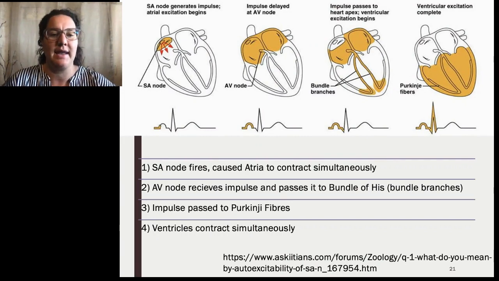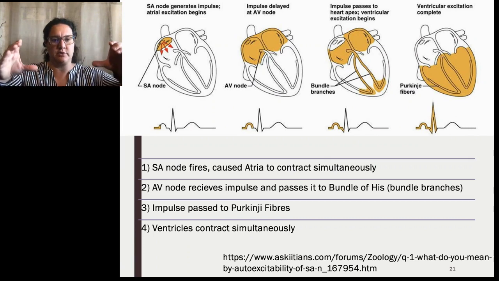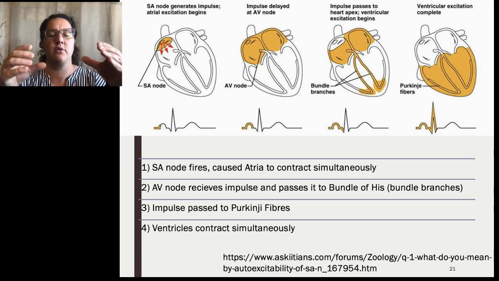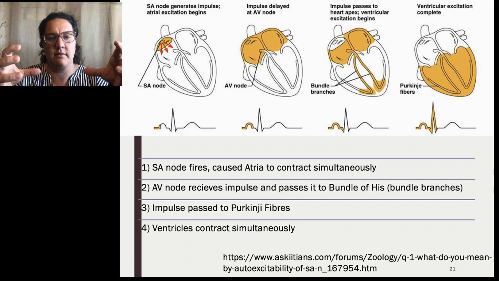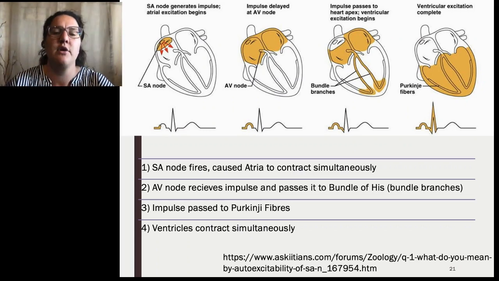And when we look at a picture of a heartbeat, we can see this electrical impulse on an electrocardiogram. So in that first impulse, the sinoatrial node contracts, and it causes the atria to contract simultaneously, again forcing the blood down. The atrioventricular node, we can see they're kind of in the center of the heart, receives that impulse and passes it along to the bundle of His, which goes down through the septum to the bottom of the ventricle, passing it to the Purkinje fibers, which cause the ventricles to contract much harder. We can see in that electrocardiogram the ventricles contract to force the blood up and out through the aorta